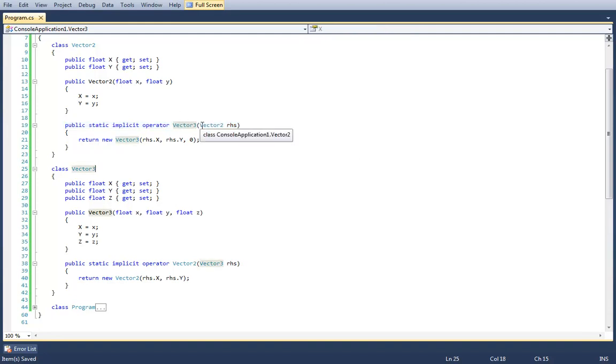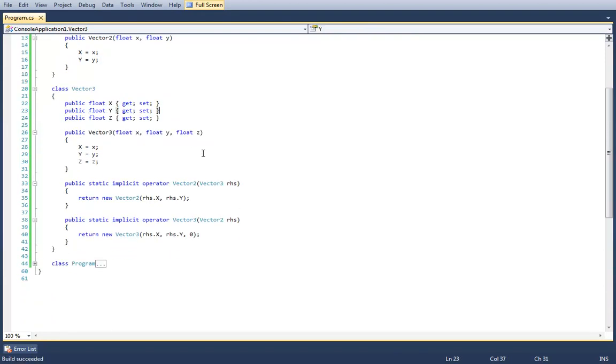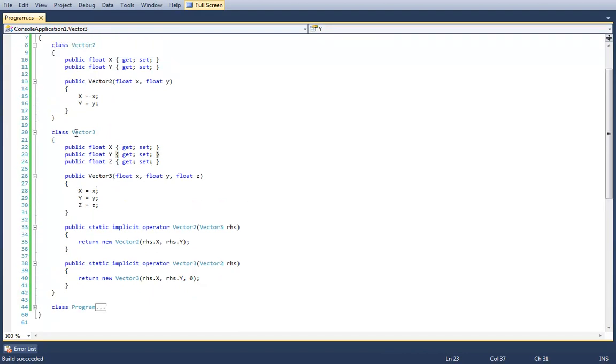The parameter list may only have the thing that's going to be implicitly converted from. So in this case, we have an implicit conversion between Vector2 and Vector3. An interesting side note is that the requirement for conversions is simply that the enclosing type is either the return type or the parameter, meaning I could have just as easily defined both of these implicit operators within Vector3 if I wanted to.